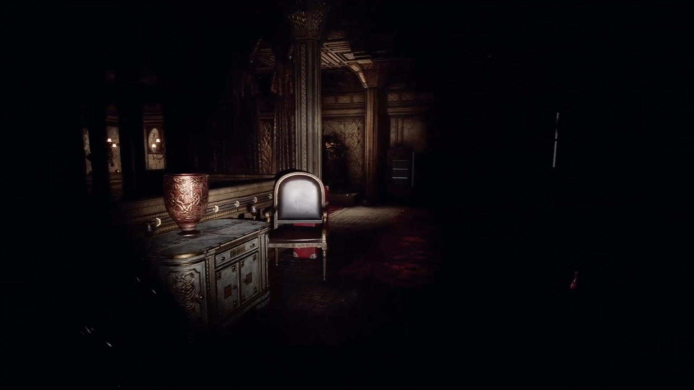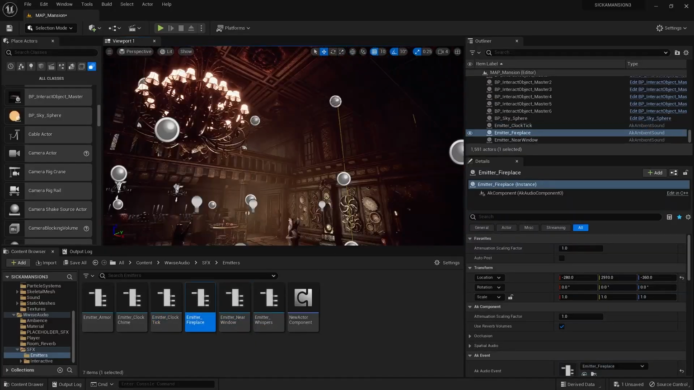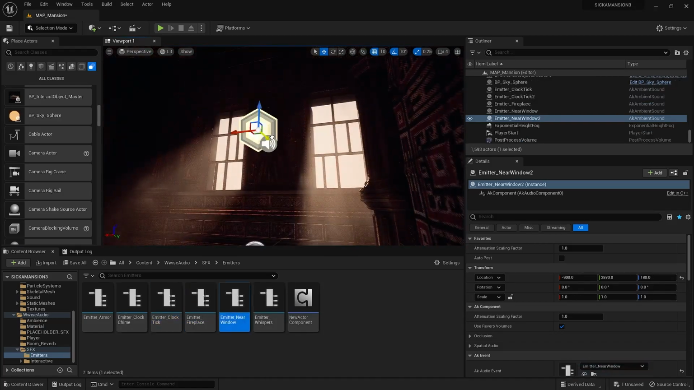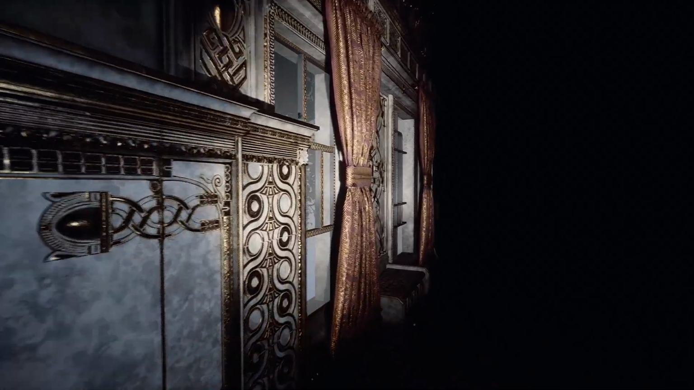Next up, we can start bringing the space to life with some emitters. These are looping audio events that can be put in specific locations for the player to hear as they pass by. This could be anything from the dramatic thunderstorm that grows in clarity as our player approaches a window,